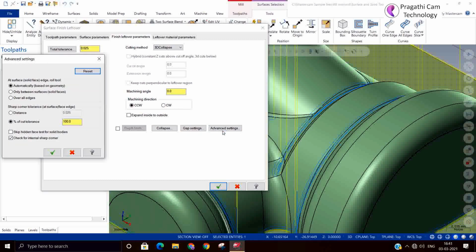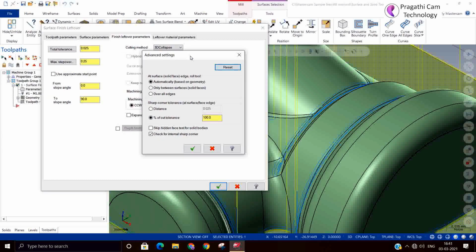The next one is the edge strategy. Okay, this is the edge strategy. This is for when two surfaces are meeting, or the edges of the surface, how the tool has to behave. So here is the condition of how the tool has to behave when there is an edge.